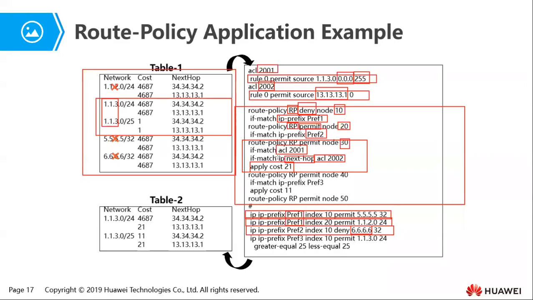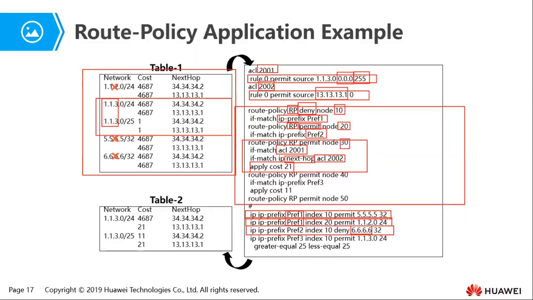And here you see we are saying if match IP next hop ACL 2002. So if the next hop is 13.13.13.1, that is exactly what you're saying. What does 2002 have? 13.13.13.1 exactly. So that is what you're saying. So for any network